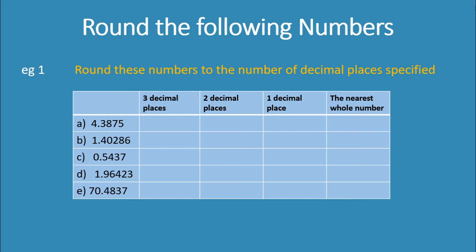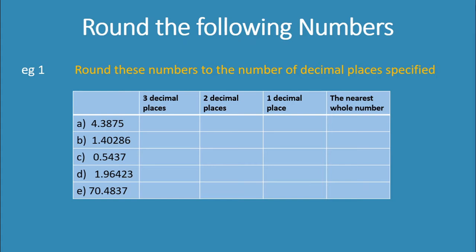Let's go through a few examples. So here you've got 5 numbers, and I want you to round each of these numbers in 4 different ways: to 3 decimal places, to 2 decimal places, to 1 decimal place, and to the nearest whole number, which is no decimal places. Starting with this first one here,